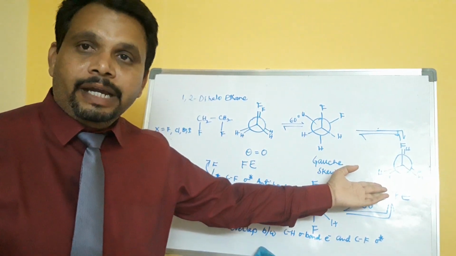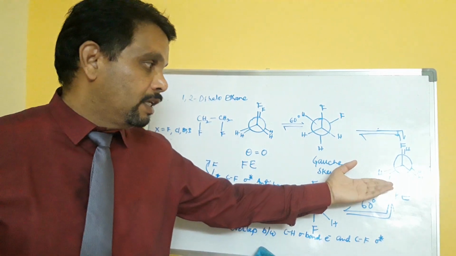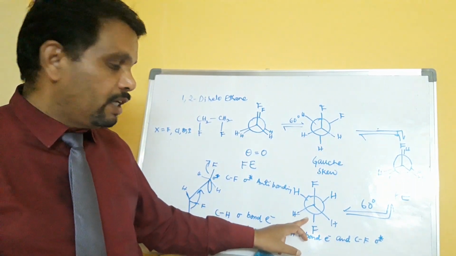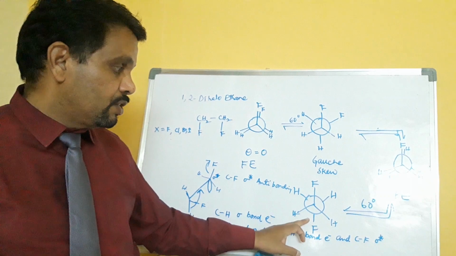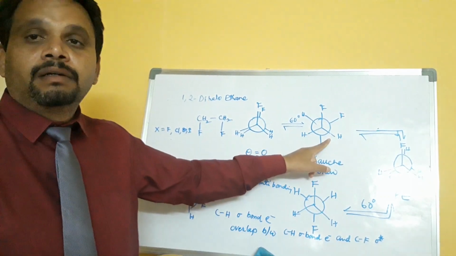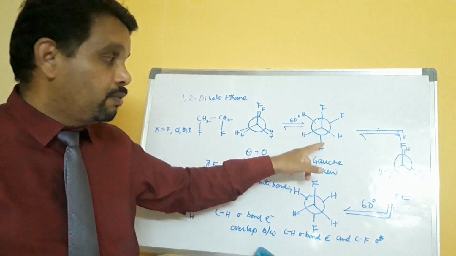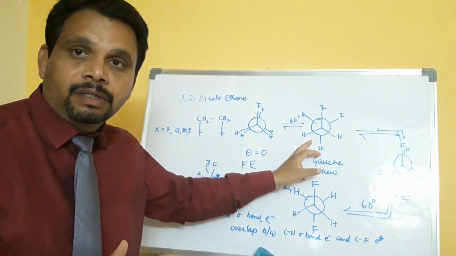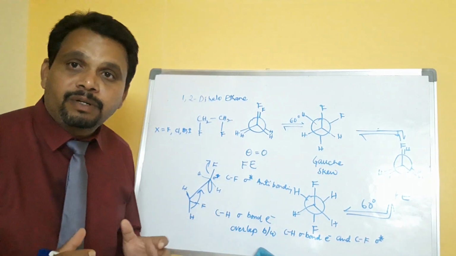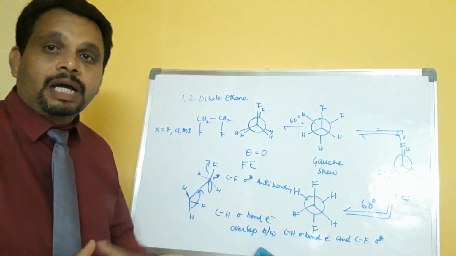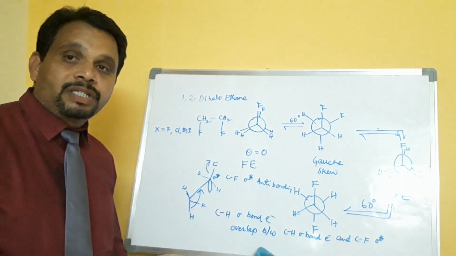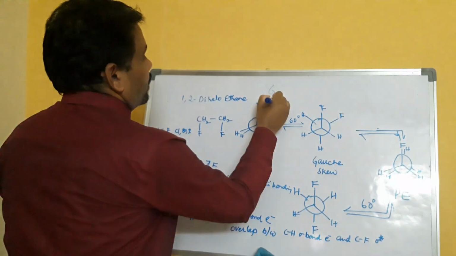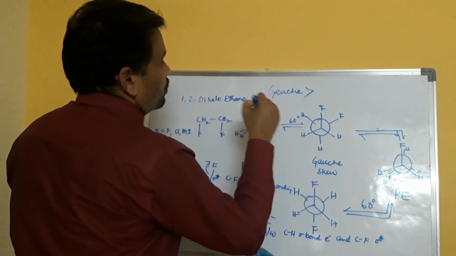In the partially eclipsed conformer, there are also some kinds of repulsions and strains. But here they don't have any strains or repulsions, but hyperconjugation plays an important role. That's why it contributes stability to the gauche conformer. Therefore, the gauche or skew conformer is more stable than anti or staggered conformer, than partially eclipsed and eclipsed conformer. Okay, the stability order is gauche is more stable than staggered,